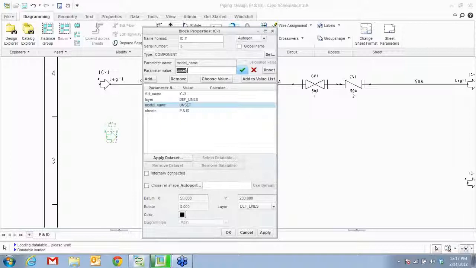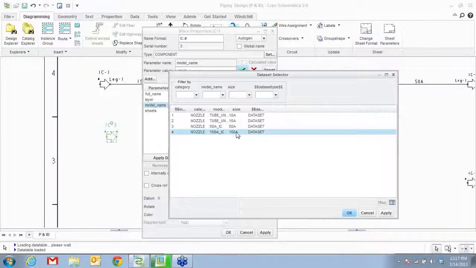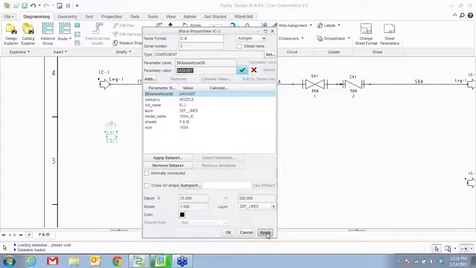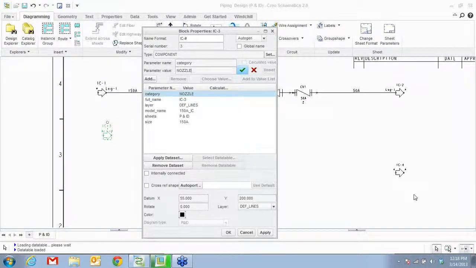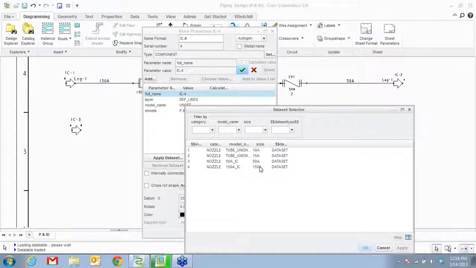Now if I have all my fittings created and saved in the library, I can load up like this little Excel file kind of thing where I can apply a data set, and I can say this is model 150A of size 150A. Say OK, apply. Now that will get all its model name. In this way you are not remembering what to put over there or entering these values for every little symbol. You can pick another one, apply a data set. Say I want to go from 150 size to a 50 size.